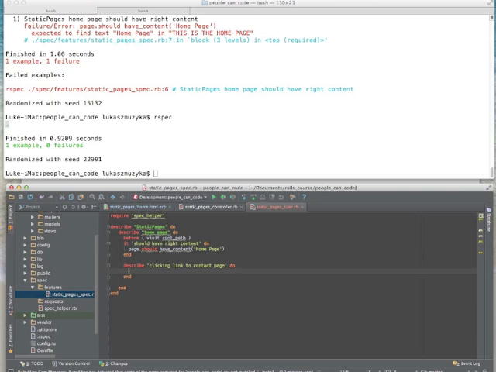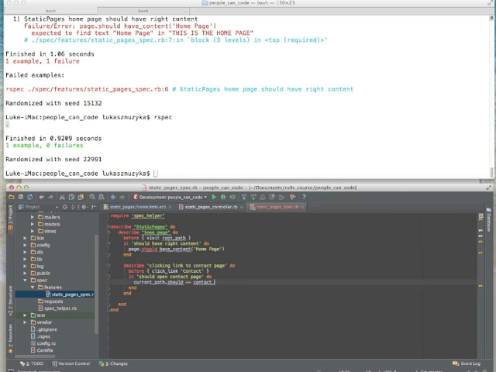Okay, and before, let's click link contact. Okay, and we would expect, so it should open contact page, so current path should equal